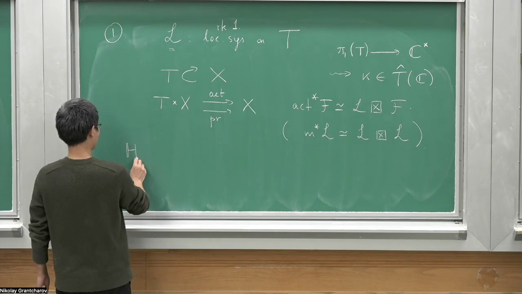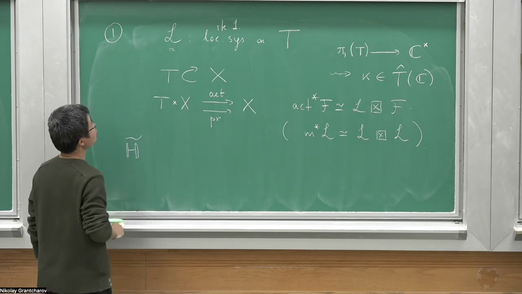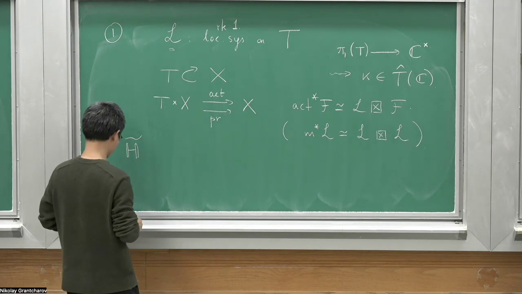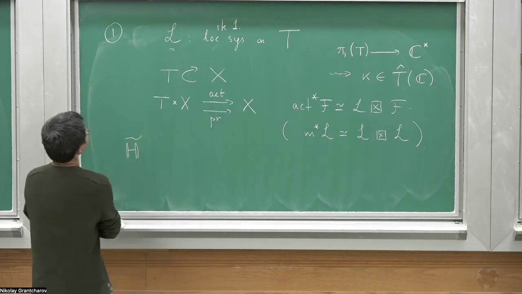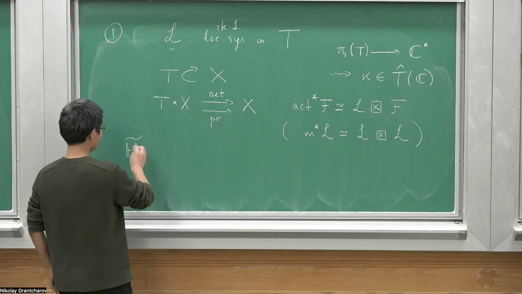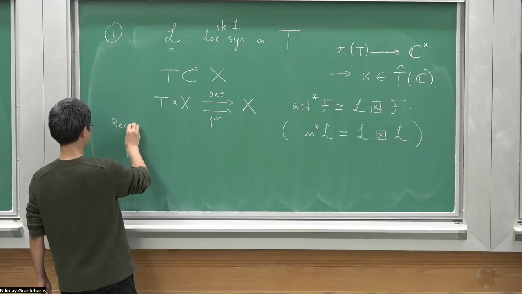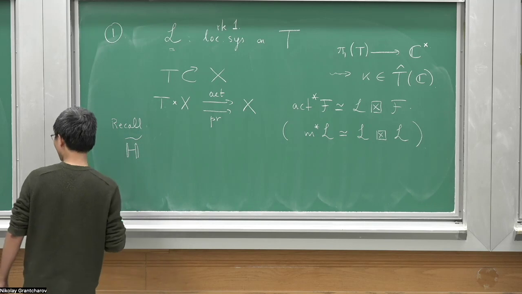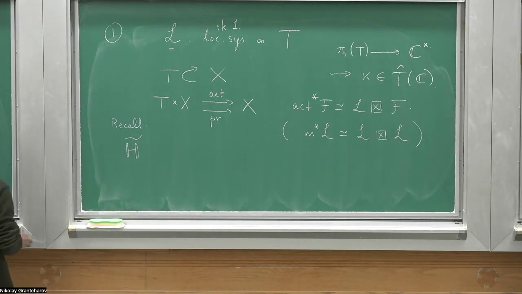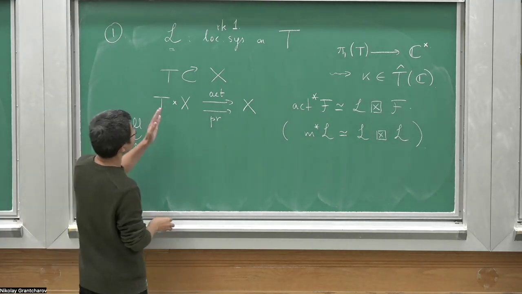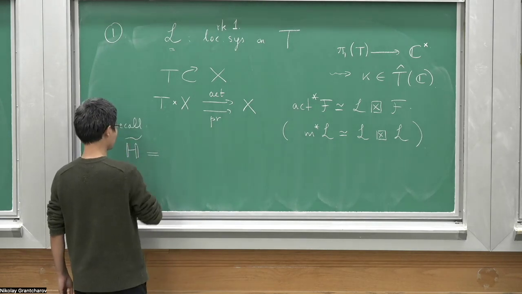So if we want to define an analog of H tilde, we have to look for something else. So let's recap the H tilde. The G mod B situation is taking global sections,